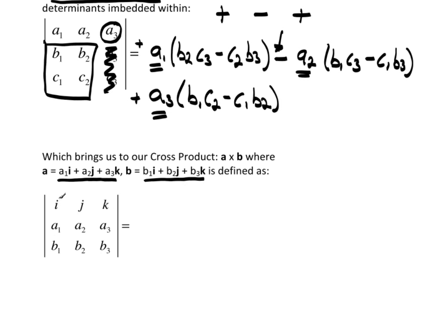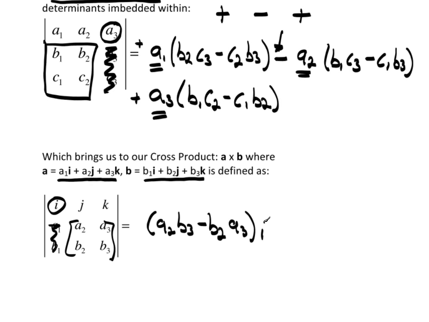So to start off with, I would key on I, which means get rid of this, and think of this matrix right here. So I'm going to write this one slightly differently. I'm going to say A2 times B3 minus B2 times A3, I. Before, based on this example, my I would have been put out here, but I want to go back to the vector form because the cross product gives us a vector, so I'm going to put it in the proper component form for a vector, minus, now I will erase this, and then do the next component,